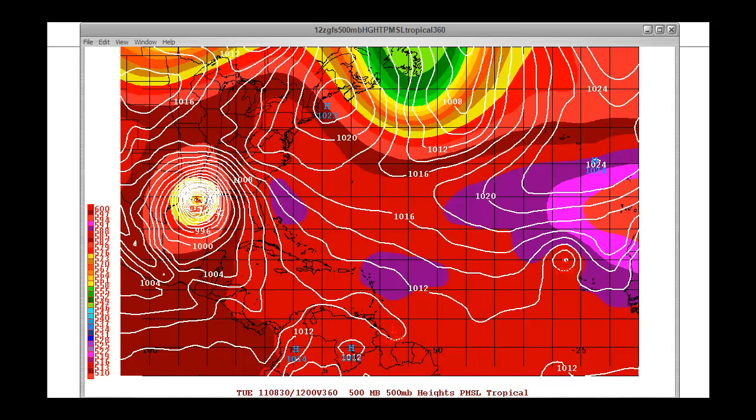This is what I wanted to show you. This is the GFS run, out 360 hours, and it's showing a very, very powerful hurricane impacting the Louisiana-Texas coastline right in here, sort of like Rita of 2005. Now this is too far out to be trusted to any degree, but I just wanted to show you this